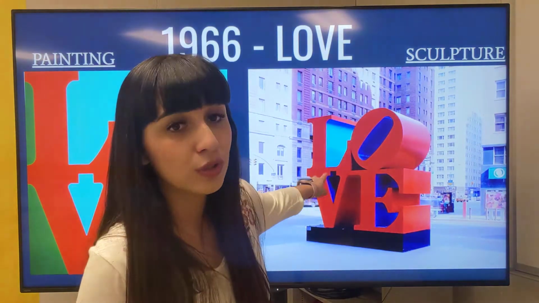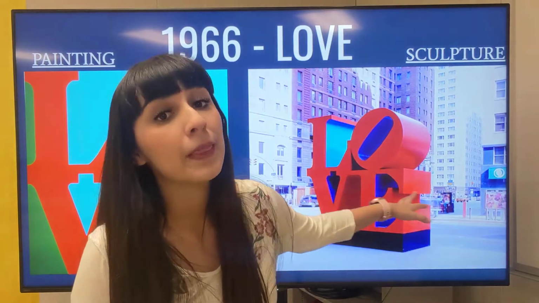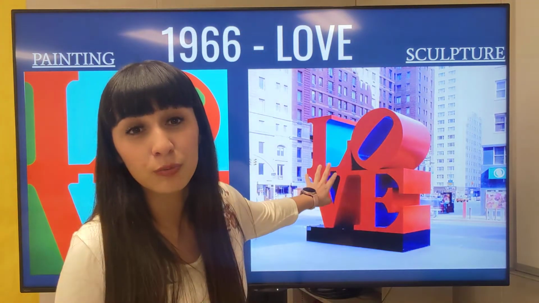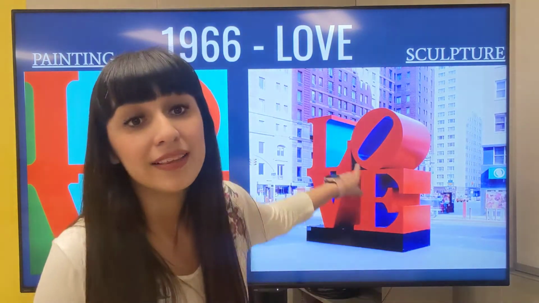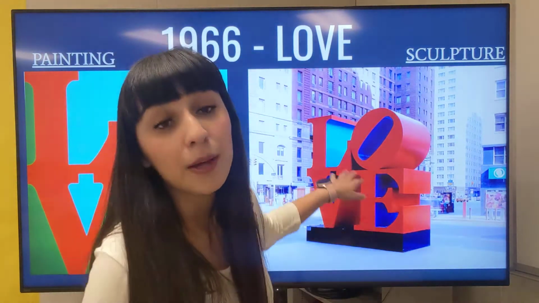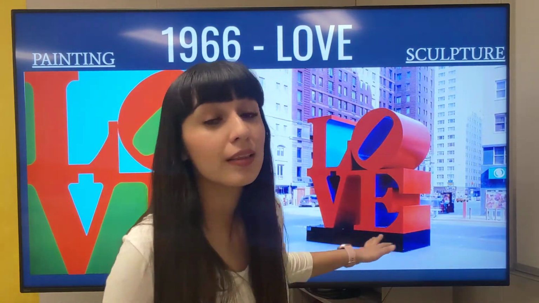If you're not sure what a sculpture is, we're going to talk a little bit more about that later in the week, but basically a painting is like a flat piece of art, and a sculpture is like a 3D piece of art. Okay, so this sculpture, for example, is huge. I mean, it is so tall. This sculpture is actually in Philadelphia, so it's on the other side of the country again, but this sculpture is huge, and lots of sculptures are either really big or they're really noticeable because they're 3D.